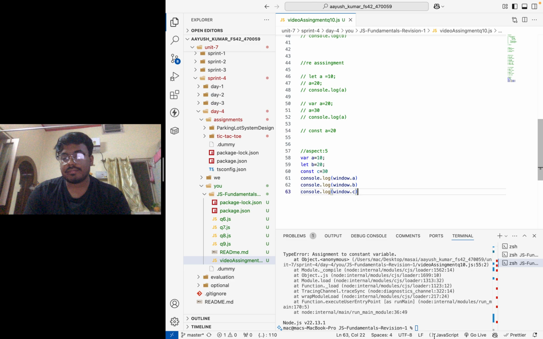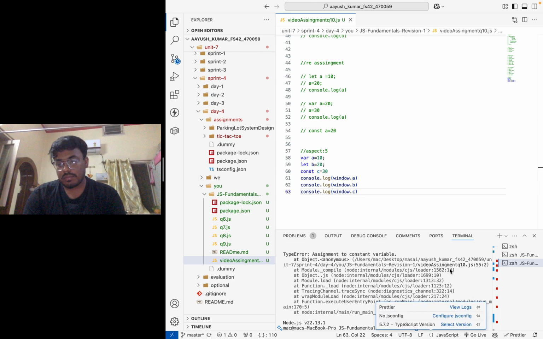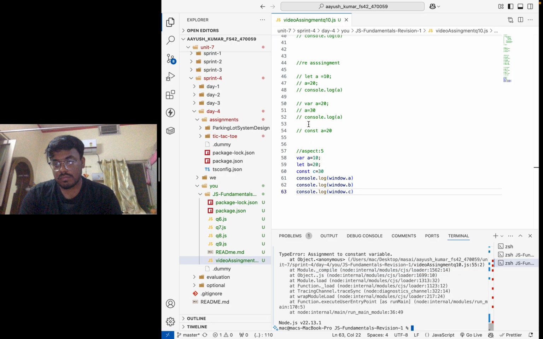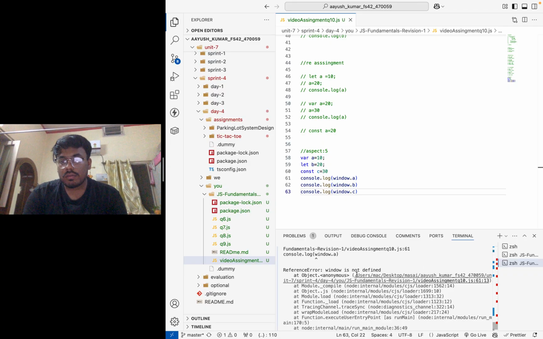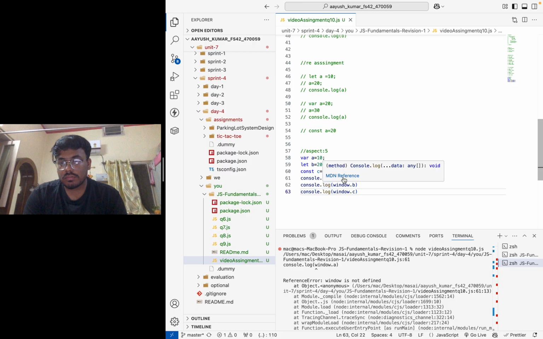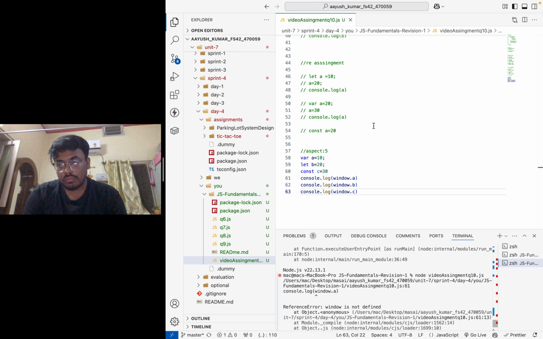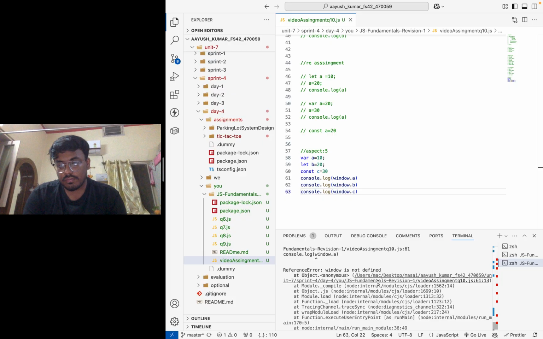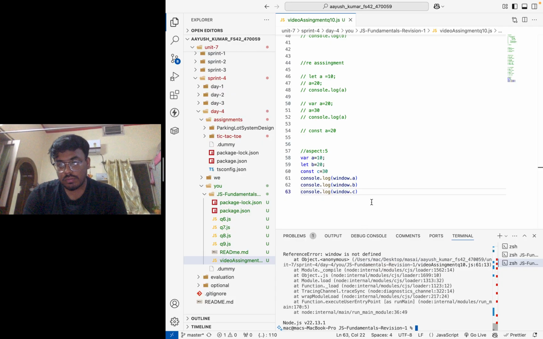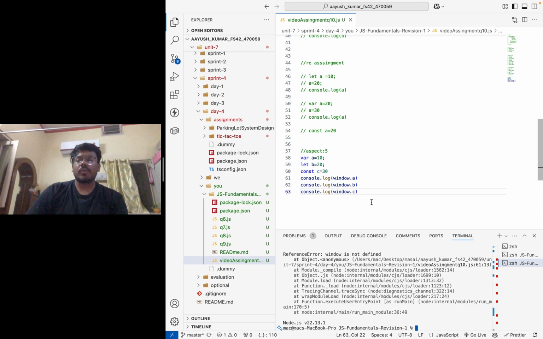Let's just check. So here we have to print in the browser console. Let it be in that part, I just told you the difference.